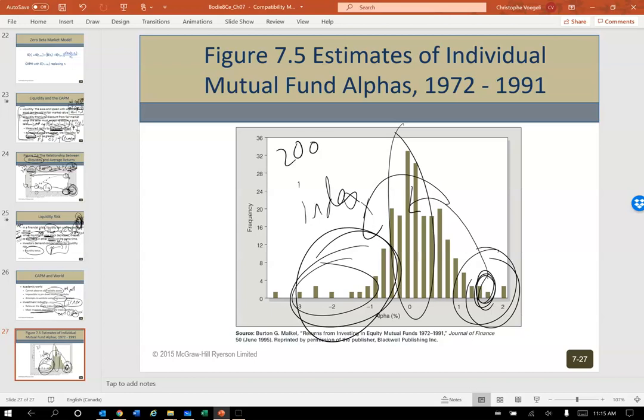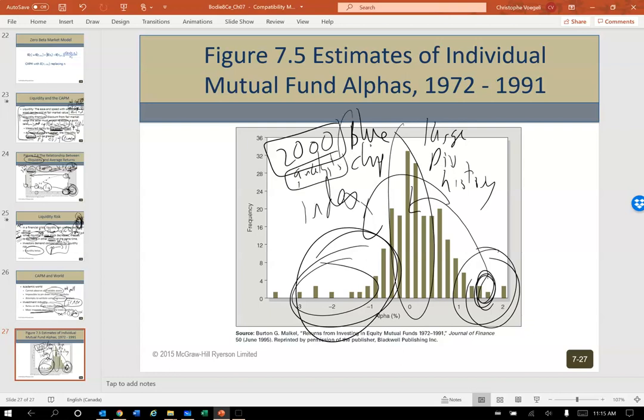Don't quote me on this statistic, but it was something like the average blue chip stock. By the way, a blue chip stock is usually large. It usually pays dividends, not always. It usually has a bunch of history. It's been around for at least 5-10 years or longer typically. It's usually, like I said, large cap. There's about 2,000 analysts at any given moment analyzing the average blue chip stock. So how the heck are you and I supposed to know something they don't?